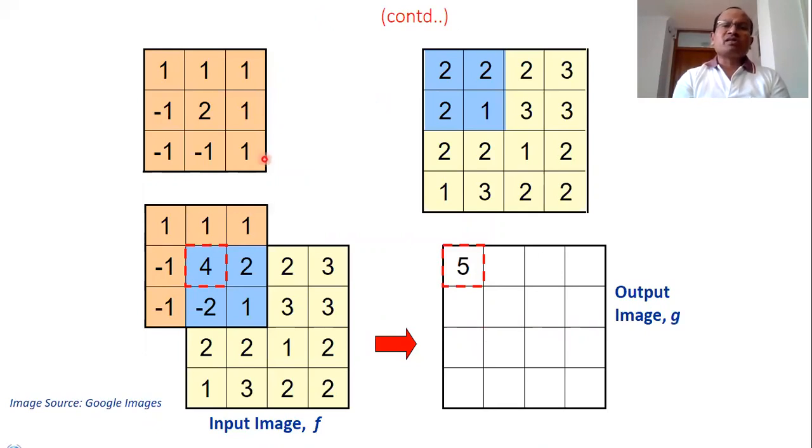This is the input image, this is the convolution. When you apply the masking like this and solve here, the 2, 2, 2, 1 is coming because the overlap is coming here only. 2 times 2 is 4, 2 times 1 is 2, 2 times -1 is -2, and 1 times 1 is 1. So in convolution, what do we do? Successive products, and then we add them. So 4 plus 2 minus 2 plus 1, we get 5. In place of this pixel value, we are now getting a new pixel value of 5.